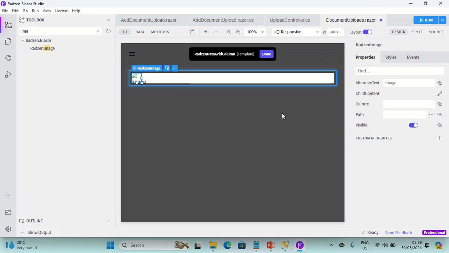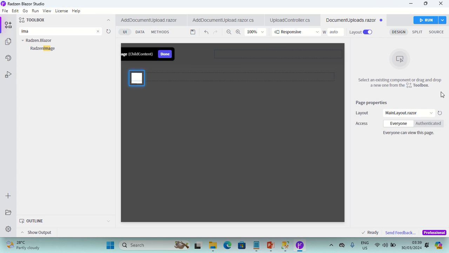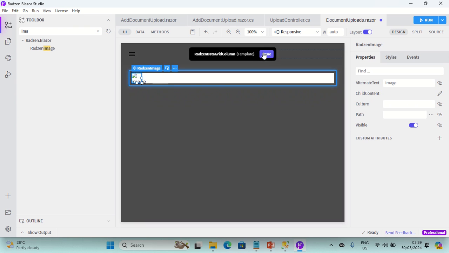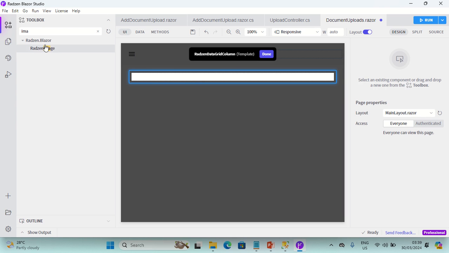So image component, sorry, let me delete this again. Image components,